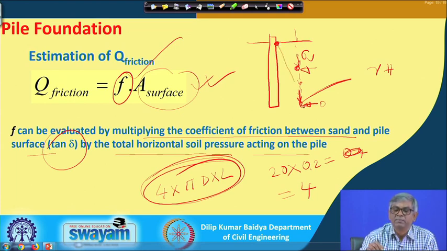It may vary by some means, generally it can vary linearly, that we can show later on. So, unit skin friction will be varying in some way, and then we will not be able to estimate the capacity like this. If it is constant, then it is pi d L, the surface area, multiplied by the constant unit frictional resistance, but if it is variable, then you have to do something else, that I will show you later on.